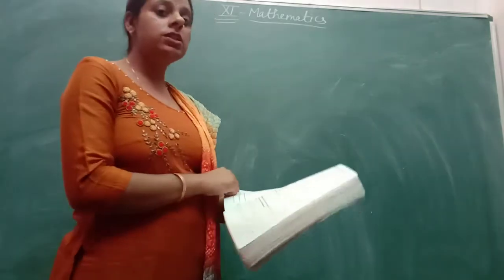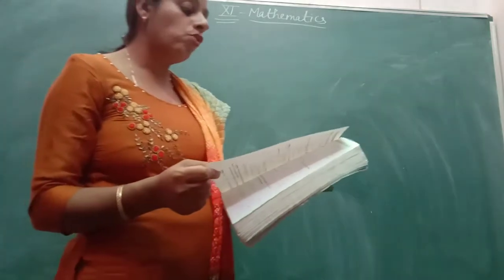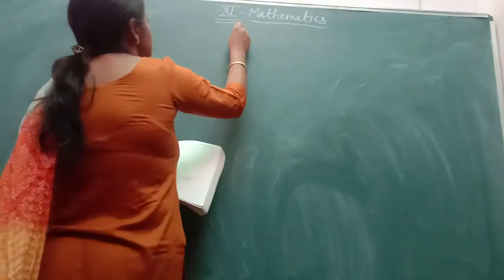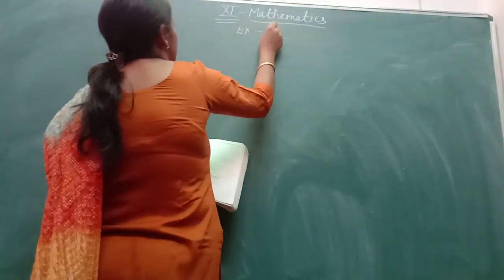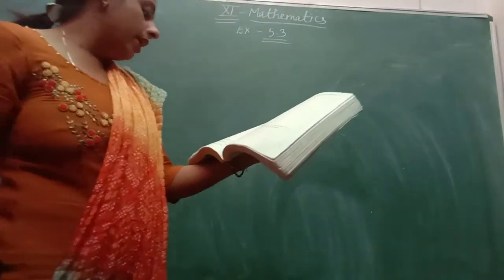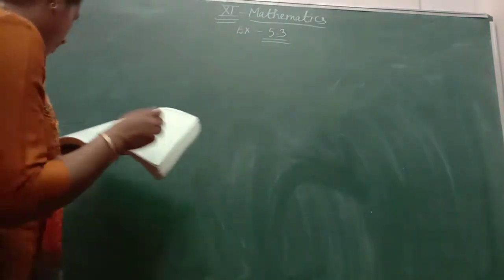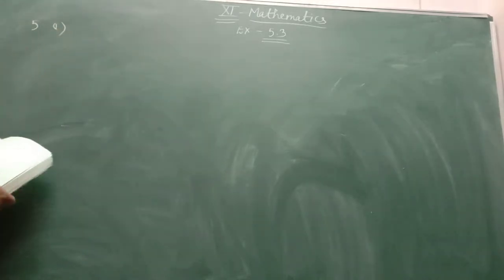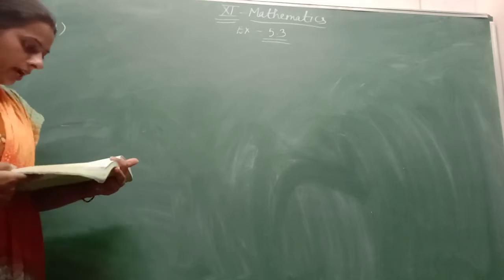Okay, in the previous class we have done the four examples of exercise 5.3. Now we start our 5.3 exercise with the fifth example. Find the real numbers x and y. There is a fifth example and the first part is: find the real values of x and y, that is